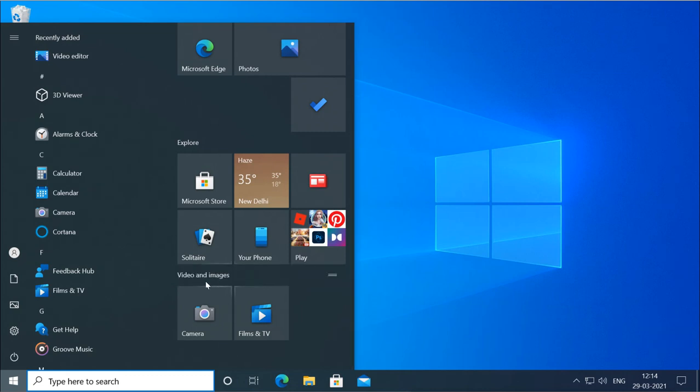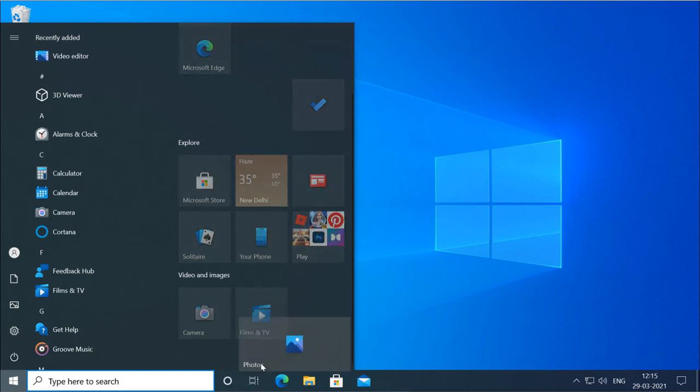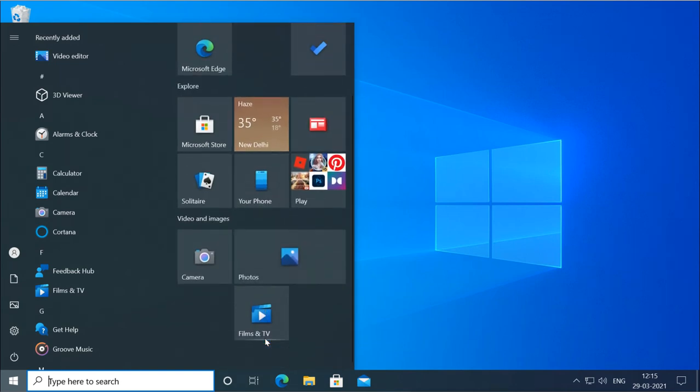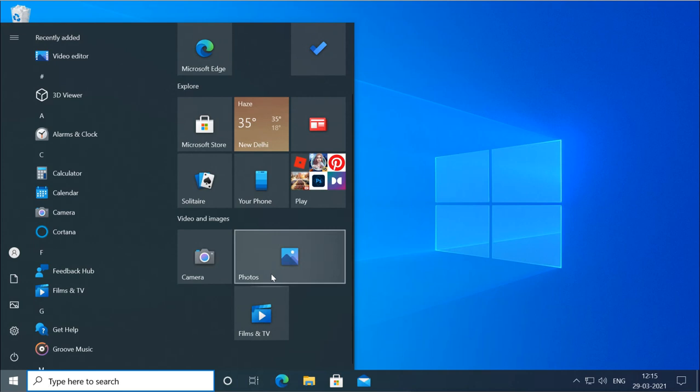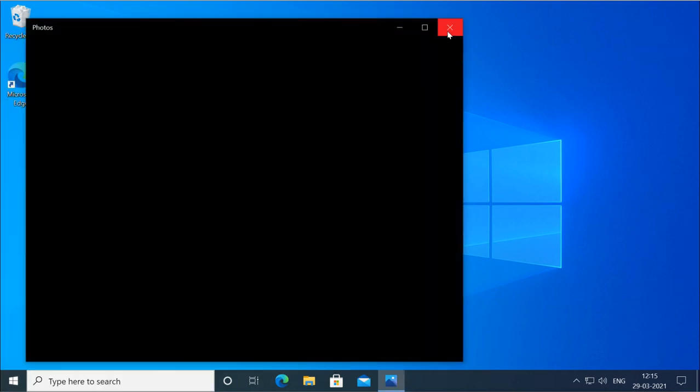This new group's name is now video and images. I named the group. You can move some tiles from here to some other group. So you can manage this, you can move some tiles from here and there, you can resize them.